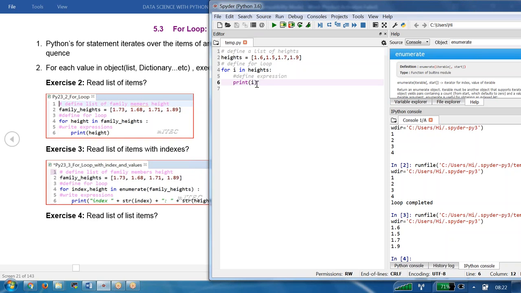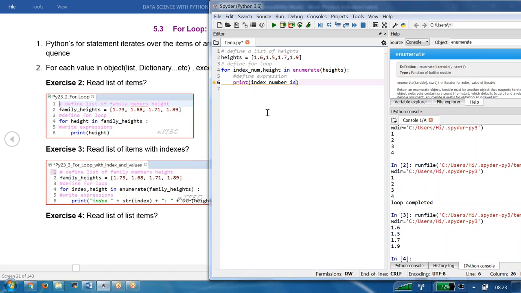So let us go and try to do that one. I am trying to remove this for I. Here we have to modify. What do we have to modify? Index number. Okay, next is what? Height. Two variables we are writing. In the function is what? We are going for the function called enumerate. Enumerate is the function, and of what? The iterable object heights. Now we are trying to print here, for example, index